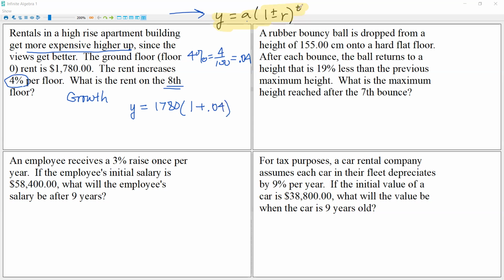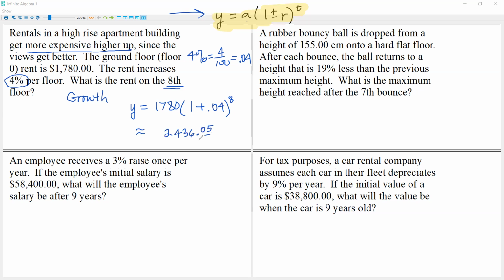And then it's raised to the T power, and T stands for time. Or in this case, how many times are you increasing the floor? Think of it that way. So we're going up to the eighth floor, so we're going up 8 times from 0 to the 8th. And that is what you would jump over to your calculator and type in exactly like this. If you want to simplify and say this is 1.04 because you want to just add this part, you can. It comes out to be about